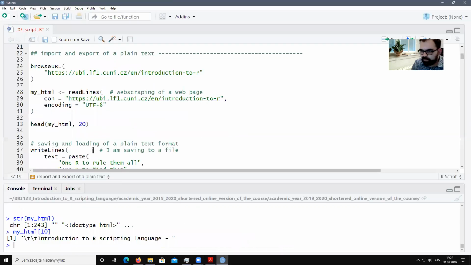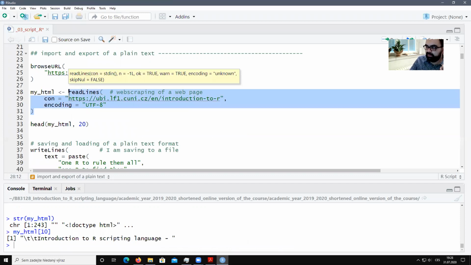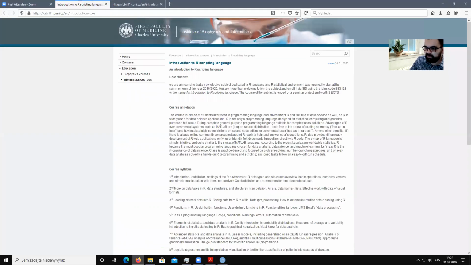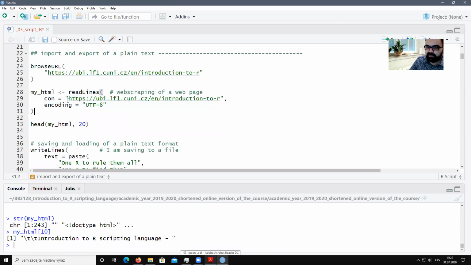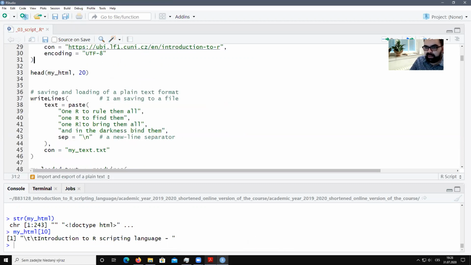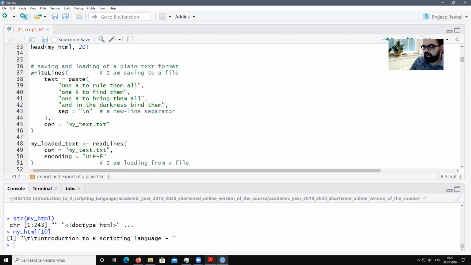So if we are, for example, interested in some web scraping, this is the way it could be easily done. This is the workhorse function to download a web page, and pages similar to this one can be easily downloaded this way. Okay, so this was for an online source, and now I would like to get into our R console, our